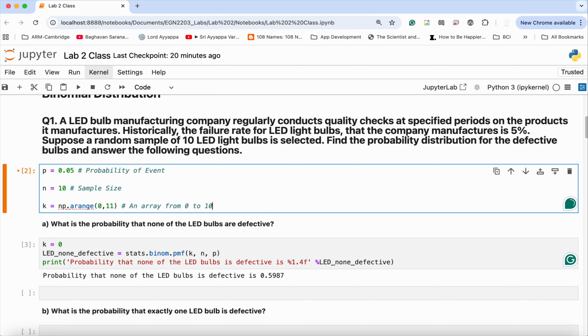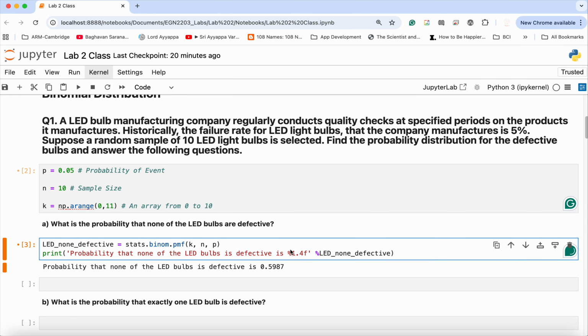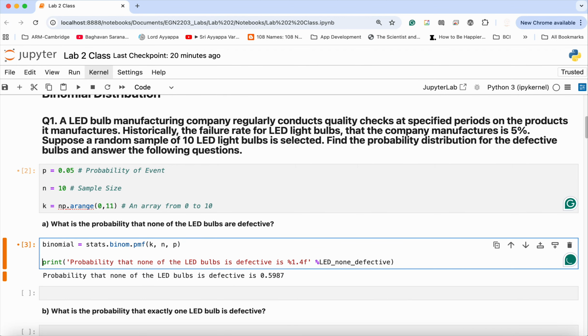What I'm going to do here is pass in this array over here. To demonstrate what change will happen, let me replace this and comment this out first. Now let me quickly recap what I have done. Instead of specifying k as 0 or 1 or 2 or whatever, I am now using this function,